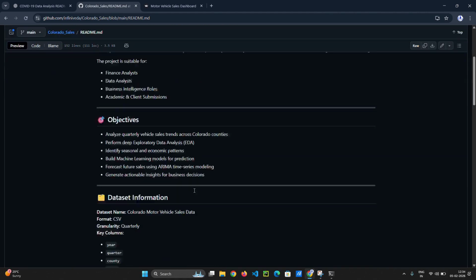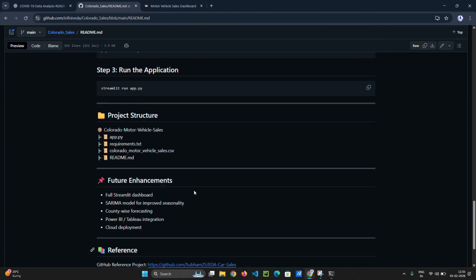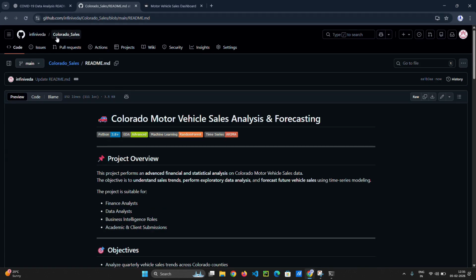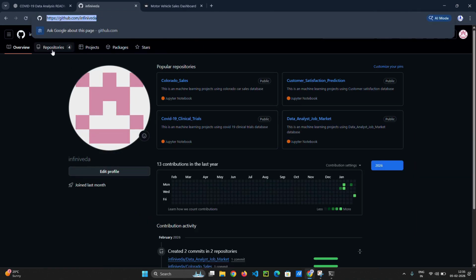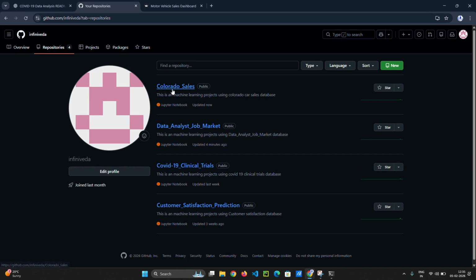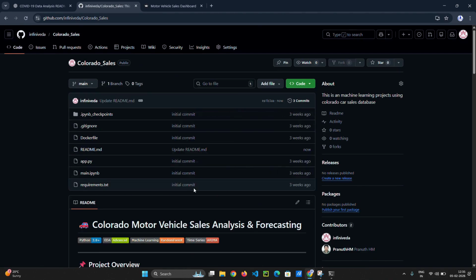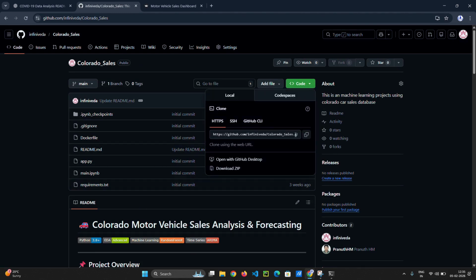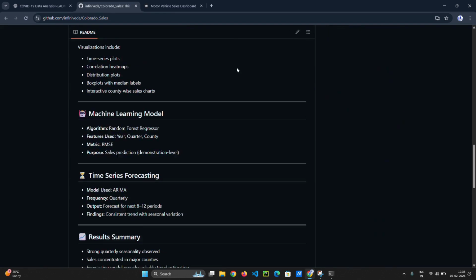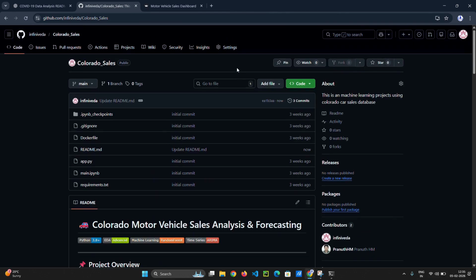Then you can see this is how your EDA project will look. If you want this project, please go to my account and get the project, that is Infini Veda. If you go to repositories, you'll find Colorado Sales Analysis. Just click, and you can get all these files. Just download it using this HTTPS link, or else you can download the zip, then try to run. You will get the perfect file. And also requirements.txt, you must